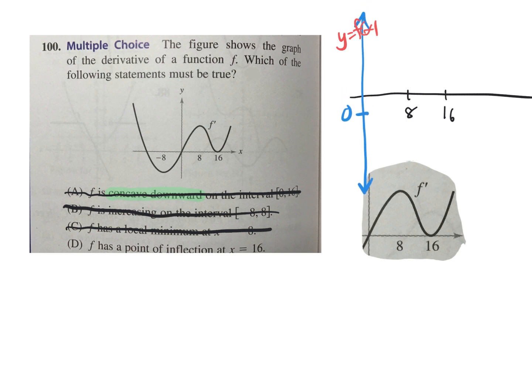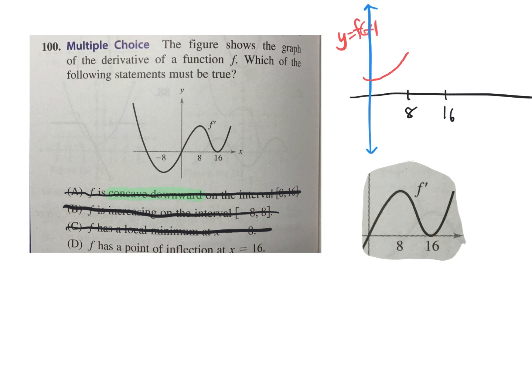All right, for this graph on top, I'm going to graph what a possible f might look like given the slope graph below it. So we don't really know where 0 is, but we know where the 8 and the 16 on the x-axis are. So the slope begins at 0, and then it's positive but small, and the slope gets bigger and bigger and bigger until 8, it reaches its maximum slope. You can see that right at this point, the slope is 0, like it says in the graph, and then it's a positive slope